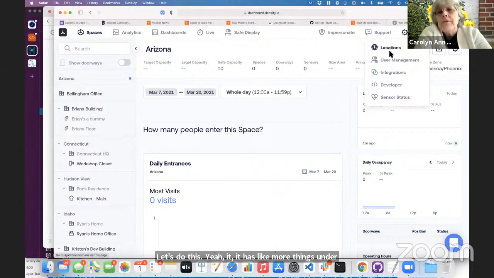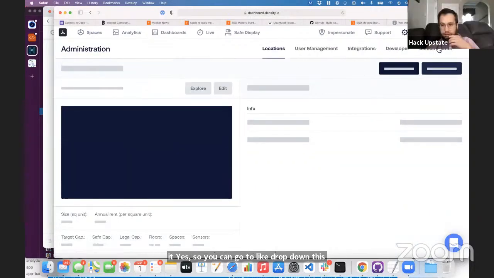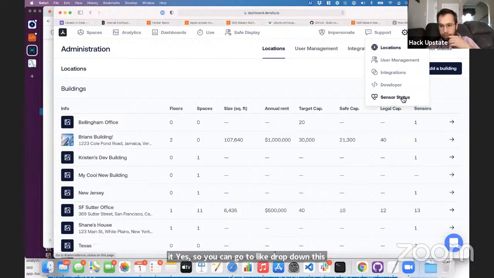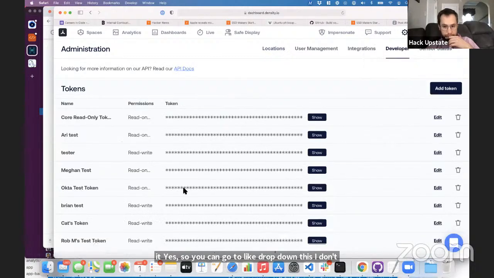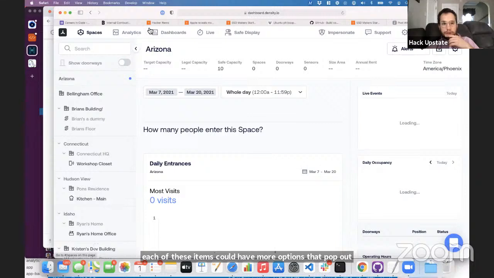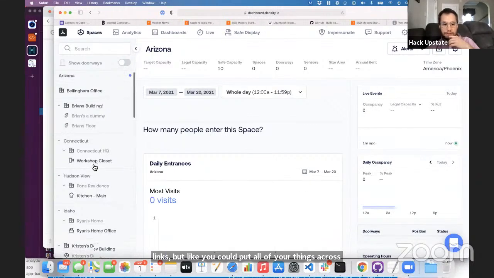So you can go to a drop down. This developer page, I don't like this page, but it's still around. Each of these items could have more options that pop out underneath it, and some of them could just be links. But you could put all of your things across the top like this, and then everything below it, you get to